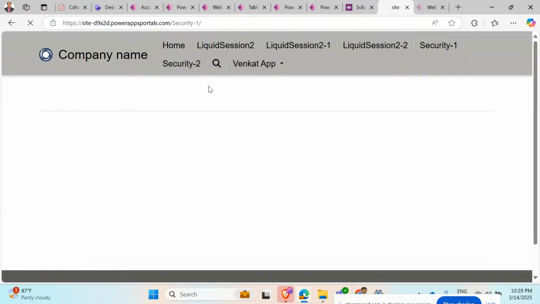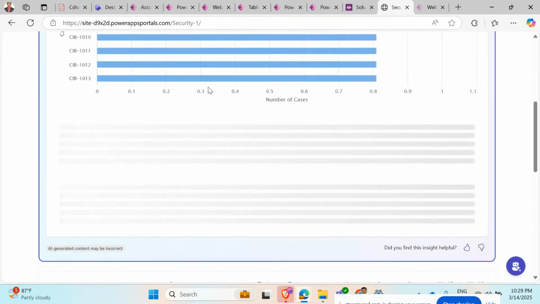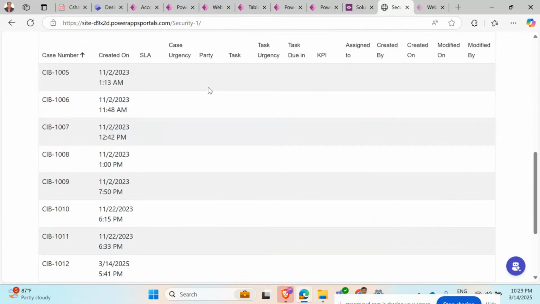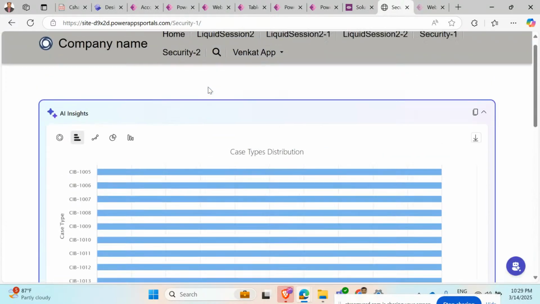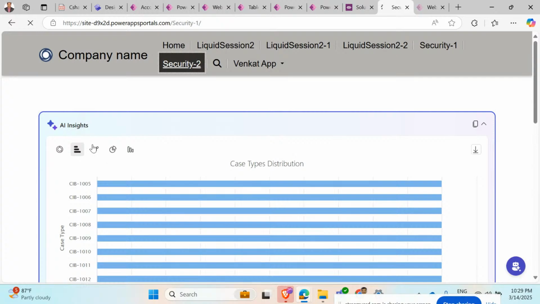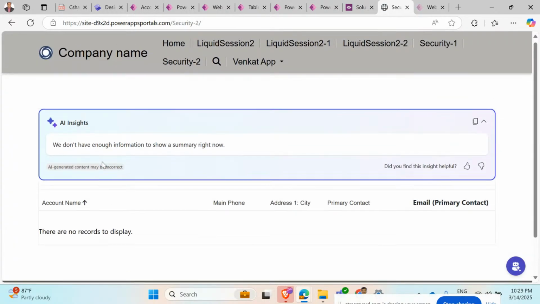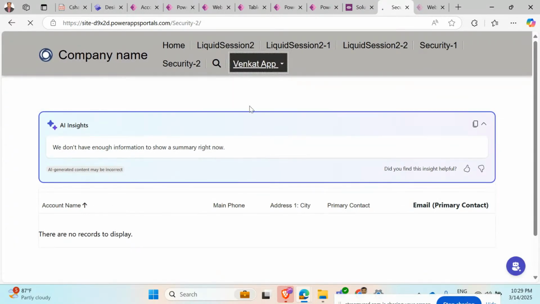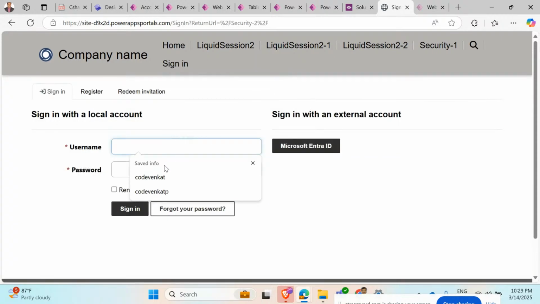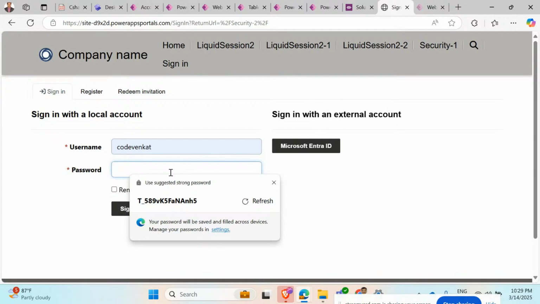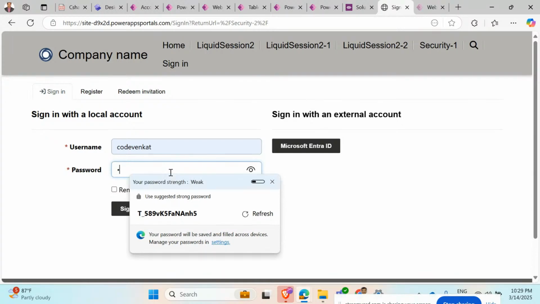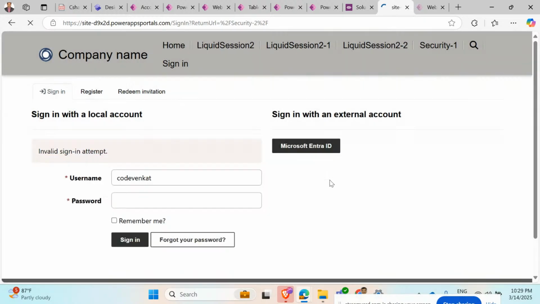I'll show you the example of both the Microsoft Entra logged in user and also the normal user. Okay. So now that is how I can log in with the normal one, Microsoft Entra, which is recommended by Microsoft. For the login user, this is for this demo purpose only. I am just using my local login. If you observe,